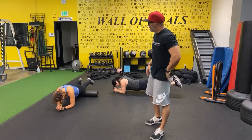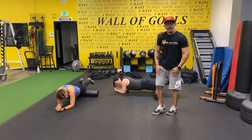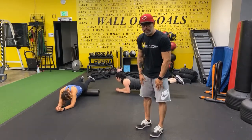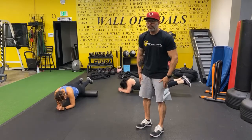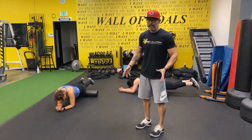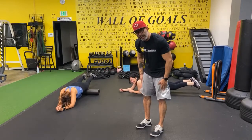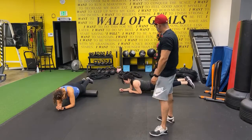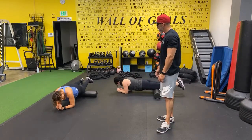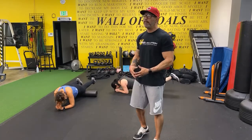Okay, now, ideally, we would like to be able to hit the different parts of our quads, our front leg muscles here. We have our outer quad, we have the inner quads here, different muscles. I'm not going to bore you with the fancy names because I can't remember them, but we want to make sure that we hit the outside of our leg and the inside down here above our knee. Now, one of the reasons that when people come and say, I'm having some issues with my knee,